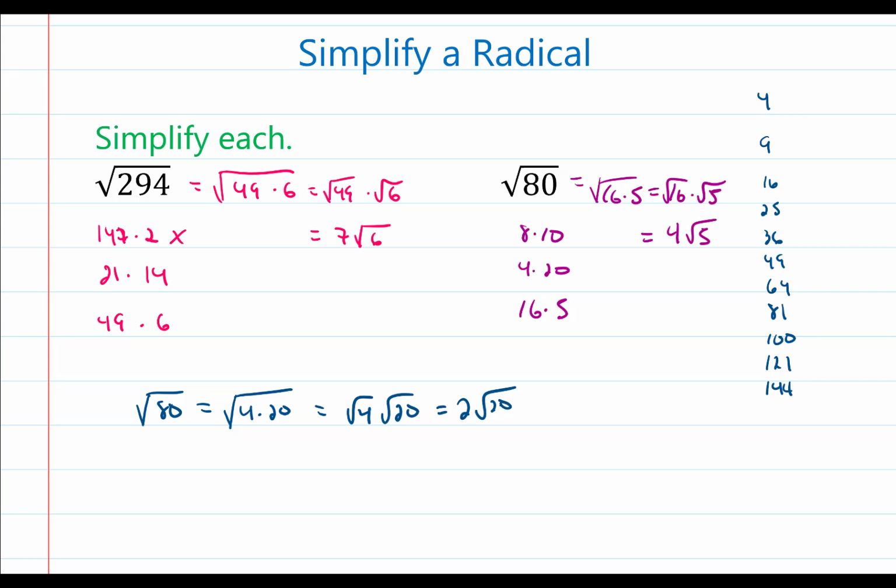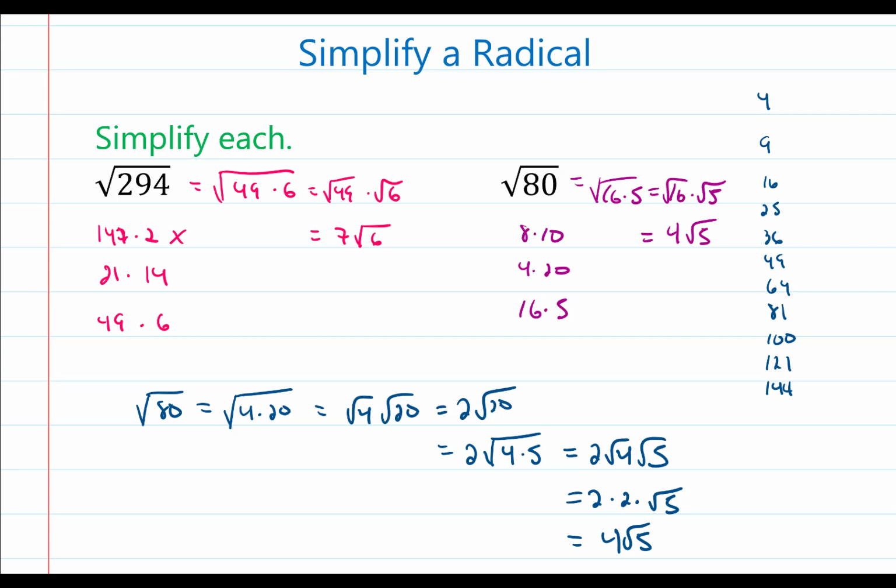Now you might be inclined to say I'm done, but what we again think of is, is there a factor of 20 that is also from this list? And the answer is yes, 4. So we can break up 20, and so we say 2 times the square root of 4 times 5, which is equal to 2 times the square root of 4 times the square root of 5, which is equal to 2 times 2 times the square root of 5, and then finally we have 4 times the square root of 5. So you can still get there even if you don't pick the largest value from that list,